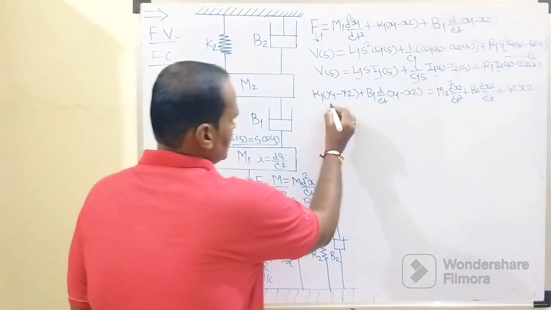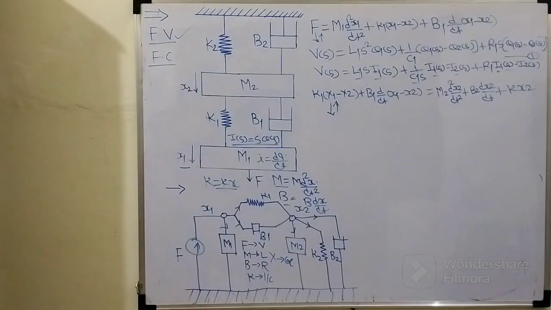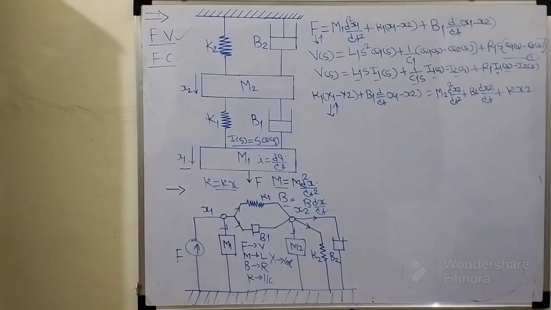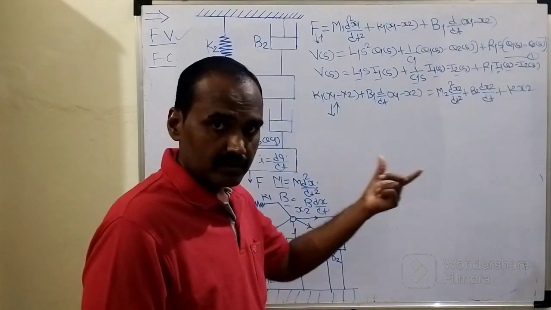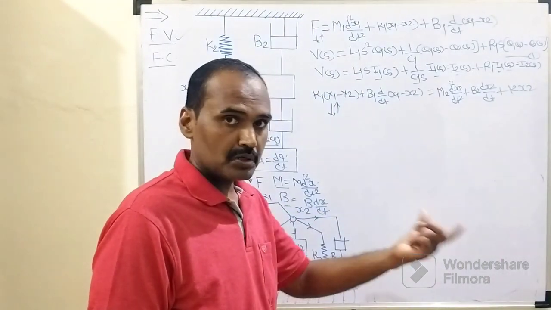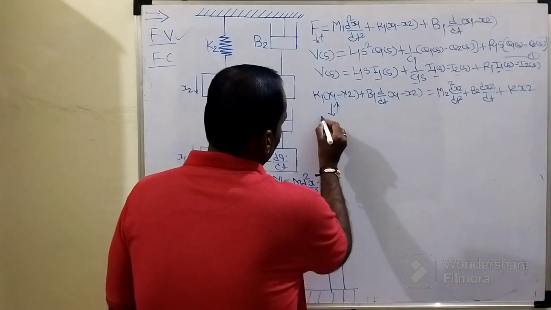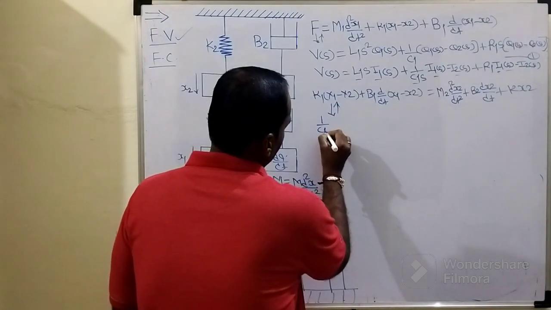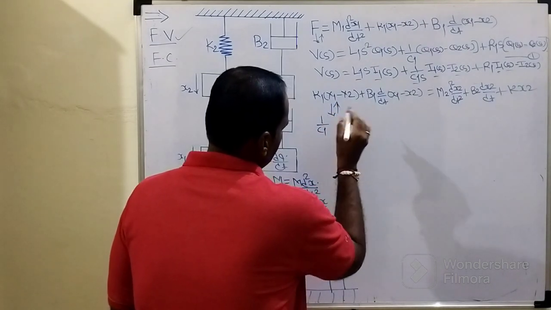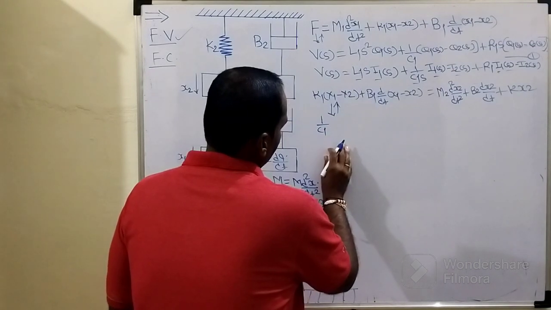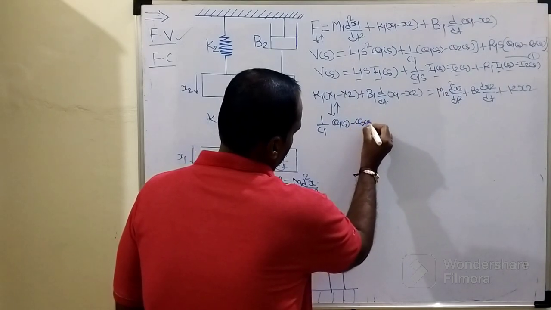And when we apply the Laplace transform, we are replacing these mechanical elements with analogous electrical terms. So this k will become 1 over c1, and x is analogous to q. When we apply the Laplace transform to this, it will become 1 over c1 into q1 of s minus